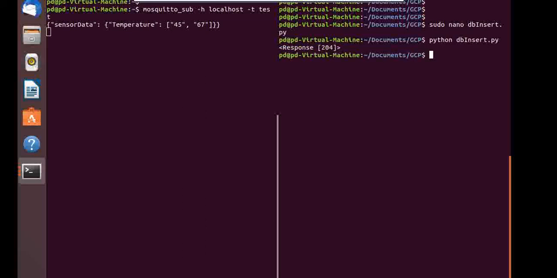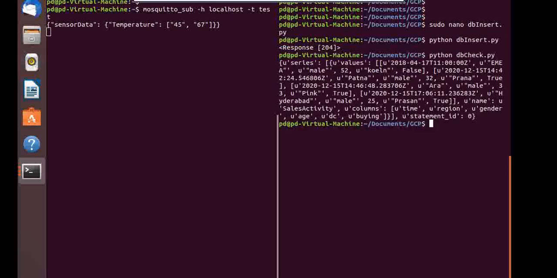The response is a kind of success response. This is not HTTP; in the case of HTTP a 200 response comes, but this is the DB running on port number 8086. Now I will check the database. In this case, you can see a new name has come here, 25, and a place name came, and all the values are coming exactly as I have entered.